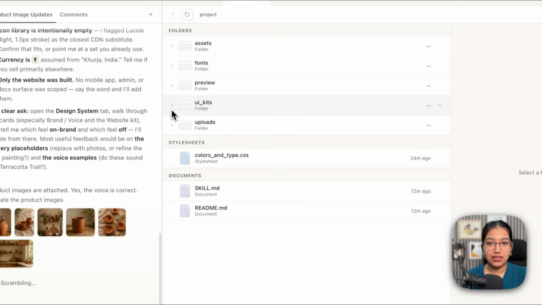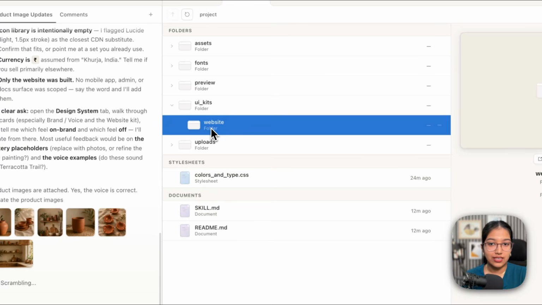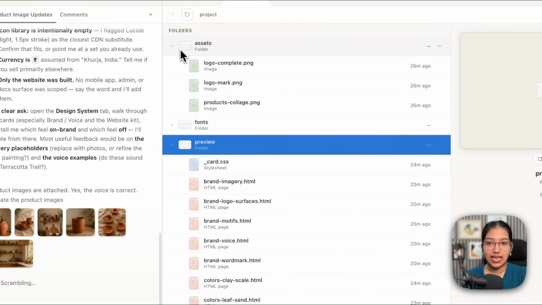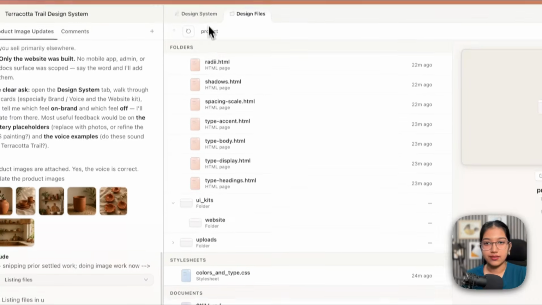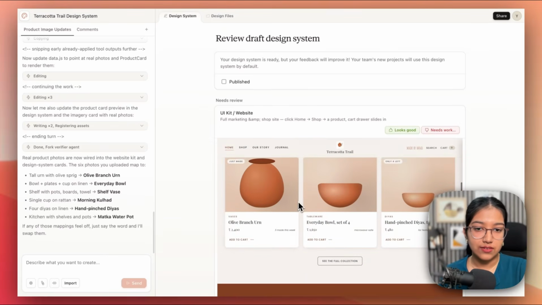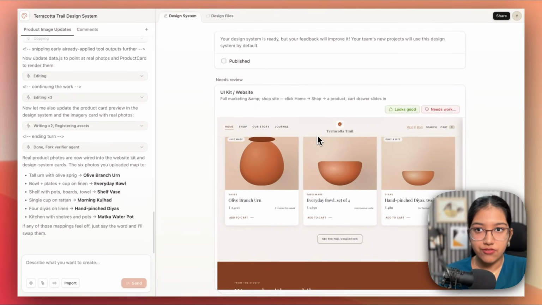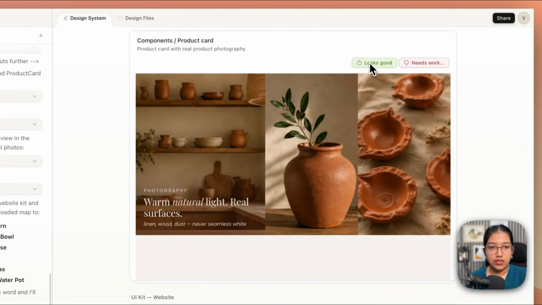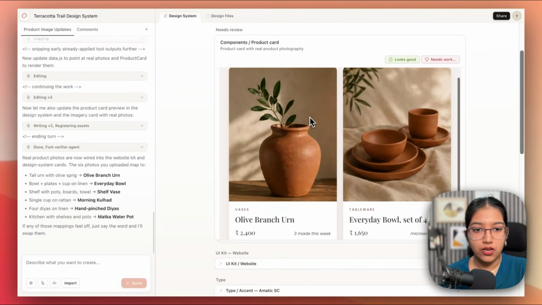For example, the UI kit that it has generated, the website it has generated, any previews, any assets, anything you'll find right here. Okay, so that is done. Let's see if it's updated. All right, let me refresh the page. Okay, it's asking me to approve the photography one more time. Okay, let's do that. Then the product cards,